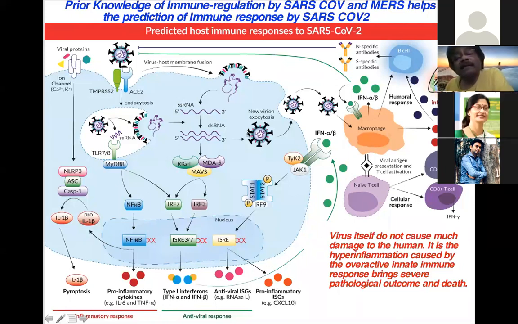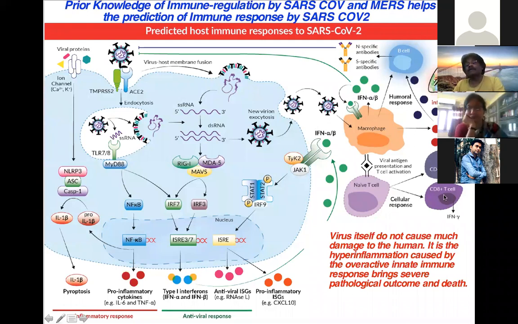Okay, when the virus comes out of the cell, this is the new, newly synthesized virus. When it is coming out of the cell, then immediately in the system, it will be challenged by the macrophage. This is another cell of our innate immune system. You know the macrophage is an antigen presenting cell. So the macrophage will engulf the virus, and then it will display the viral antigen that will recruit the naive T cell. So the naive T cell will recognize the viral antigen, and that will cause the transformation of the naive T cell to CD4 plus T cell,